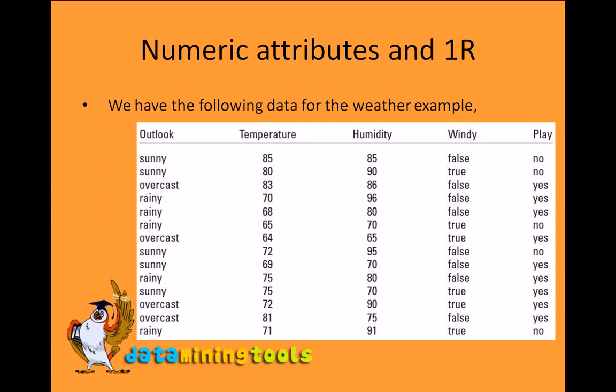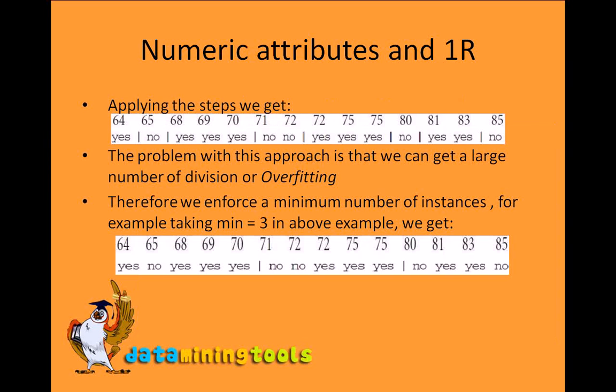So for example, we have the following data for the weather example. Again, the same data. Here you can see we have two numerical attributes, temperature and humidity. So here we are going to demonstrate how we deal with the temperature attribute. Basically, in the first step, we have sorted the data on the basis of the temperature attribute, and below them we